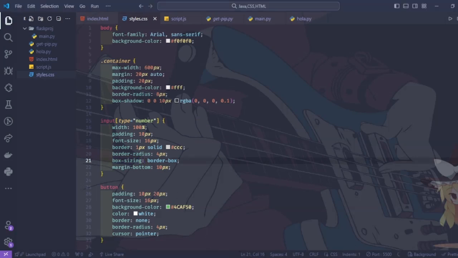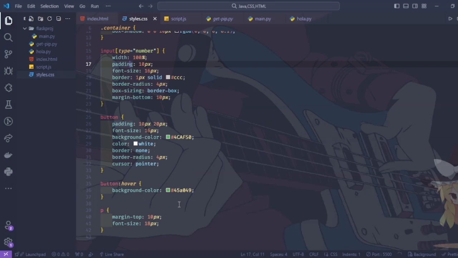What is this box sizing border box? Well, basically this box sizing border box will secure the form of the input, basically including the borders and the padding. And basically this wouldn't be a very big input, and will be a small input right there. Later on we put a button with a padding of 20 pixels by 20 pixels,